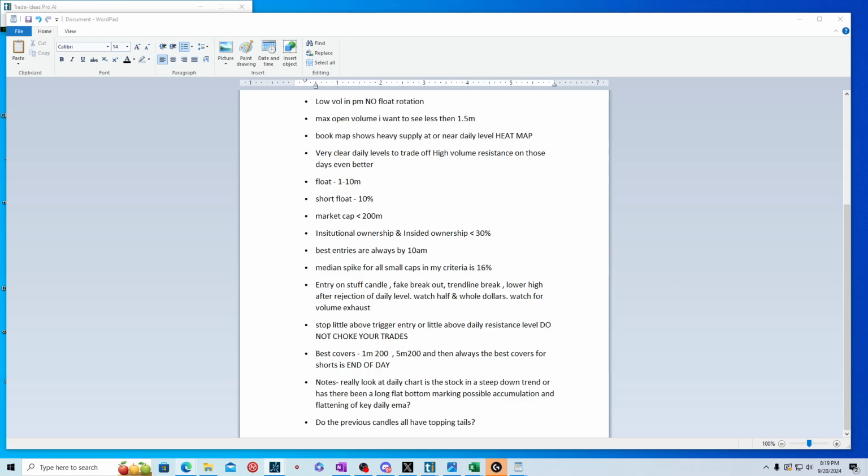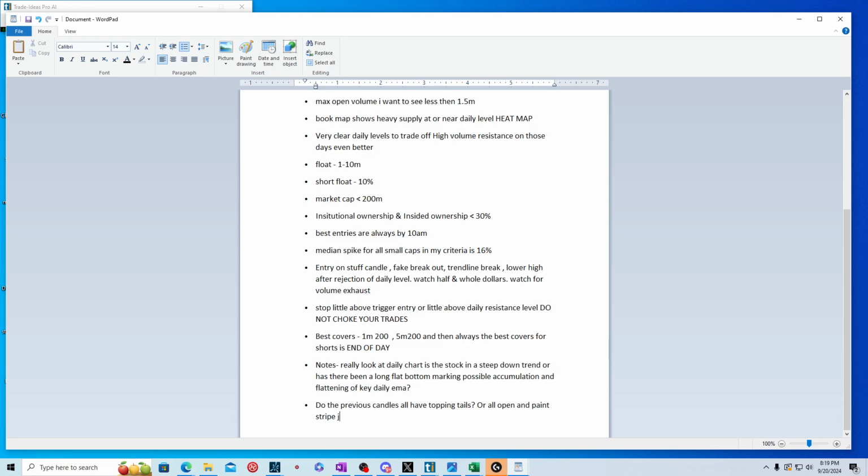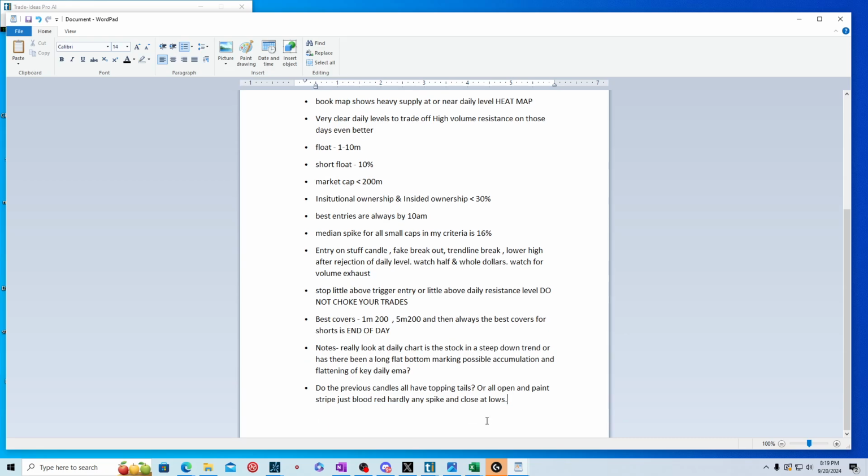But the point is, those are the best shorts. The previous candles either all have topping tails or all open and paint stripe, just blood red, hardly any spike, and close at lows. Really nice. History repeats itself, guys. History repeats itself in the stock market quite often, so look at the past of the stock and